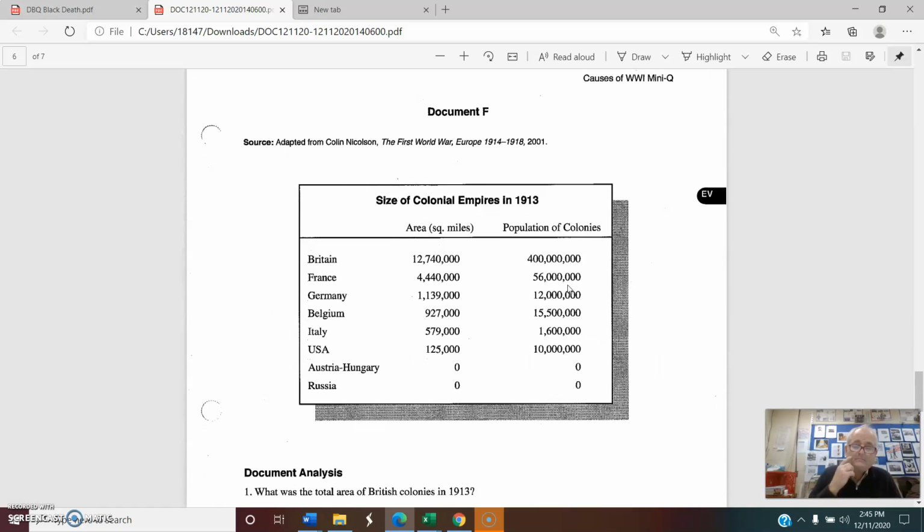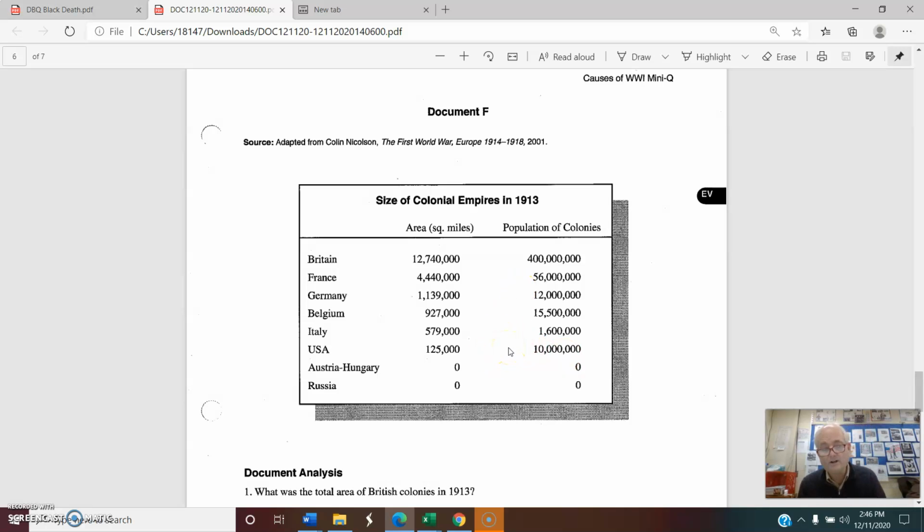Now, source F is a list of colonial empires. Again, if you had been studying this, you know that the British, the French, the Germans, and all these countries were reaching out to create empires overseas. And this represents the size of this population, and this represents the population of their empire, meaning that by 1913,